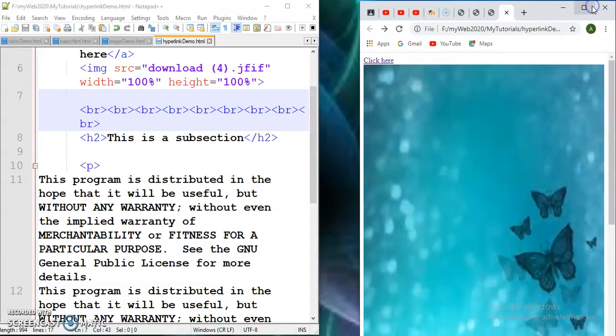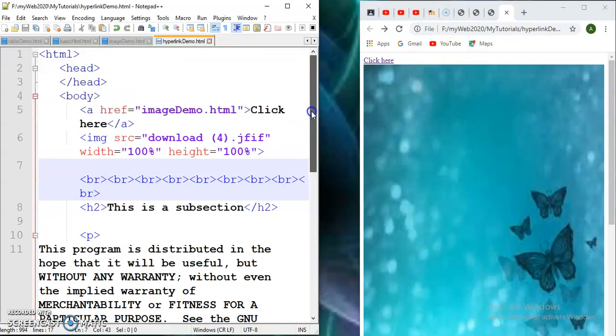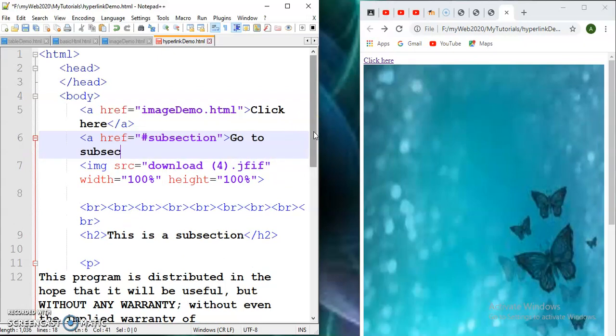Then I use another link, an anchor tag with href, and go to hash subsection, "go to subsection",